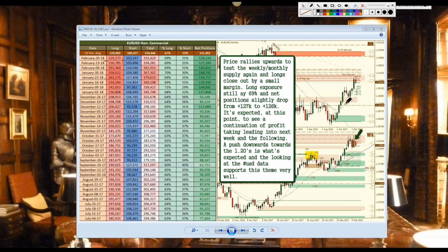So they're profit taking. We're hitting a monthly area of supply with a weekly area of supply nested inside. Profit taking, I'm expecting a move to the downside. So I'm just waiting patiently. No trade signals on this one just yet. I was hoping to get one to present itself last week. It never happened. And as it stands right now,